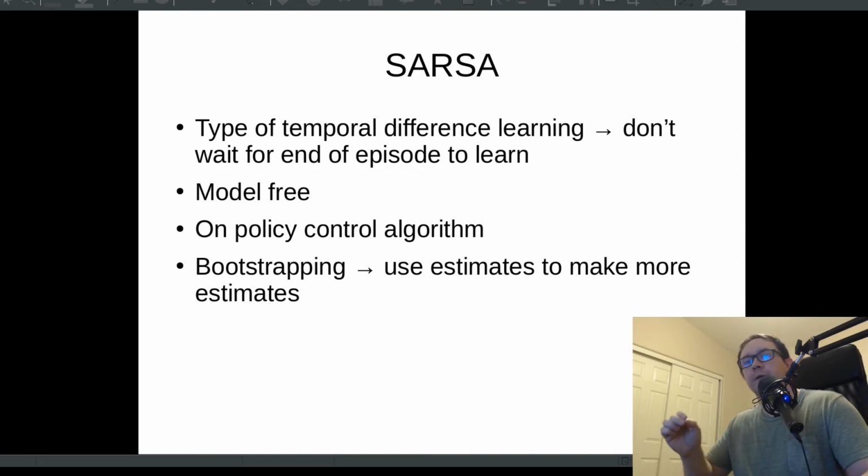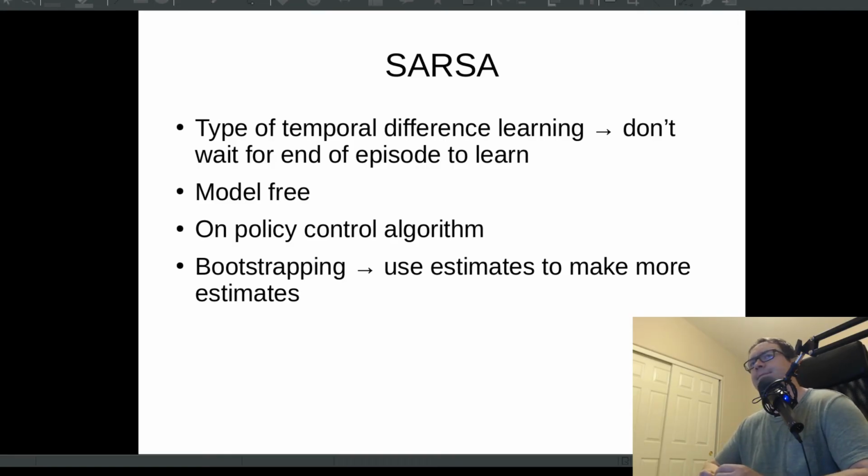The other cool thing is that SARSA, as well as Q-learning, are model-free, meaning that you do not need a complete model of your environment to actually get some learning done. And that's important because there are many cases in which you don't know the full model of the environment. It means you don't know the state transition probabilities. So if you're in some state S and take some action A, what is the probability you will end up in state S prime and get reward R? Those probabilities are not completely known for all problems,